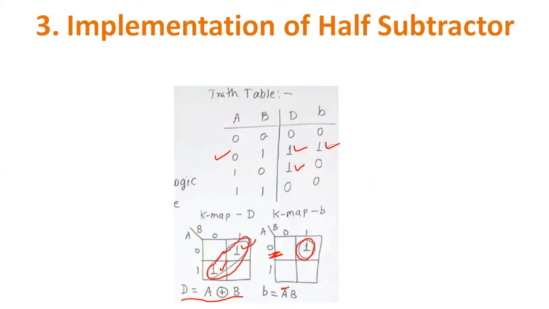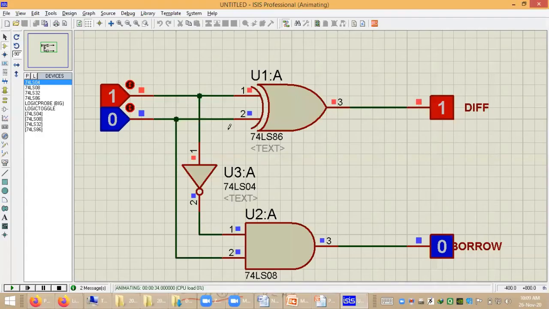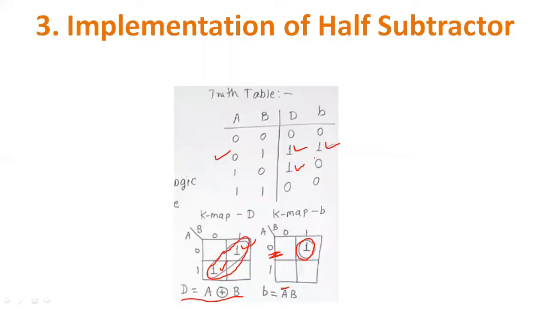Okay, you are having this truth table. For 0 we had got 0 as difference and borrow. For the 1 combination, we had got 1 1, and for 10 we have got 10. For the 1 combination, difference is 0 and borrow is also 0. So here you can cross check. For 1 1, difference and borrow both are 0.